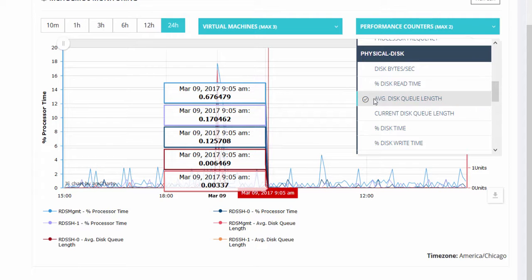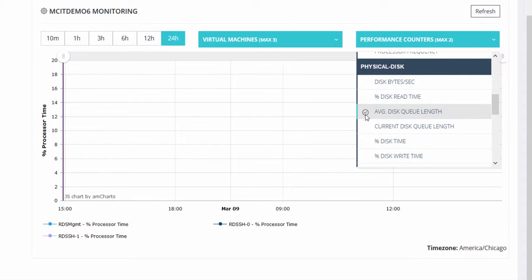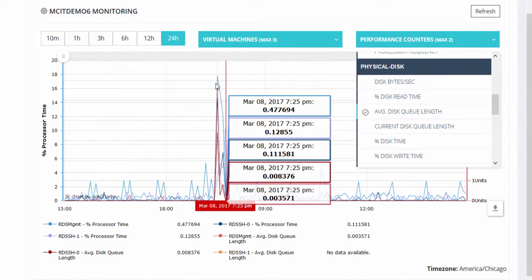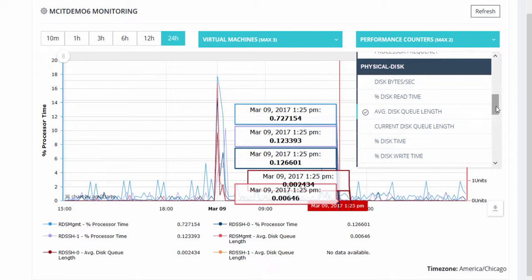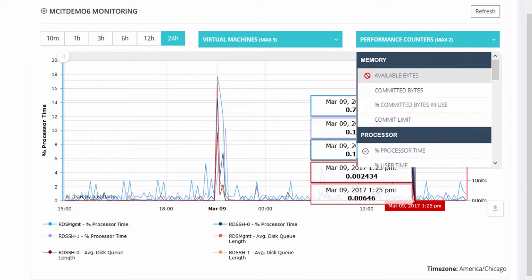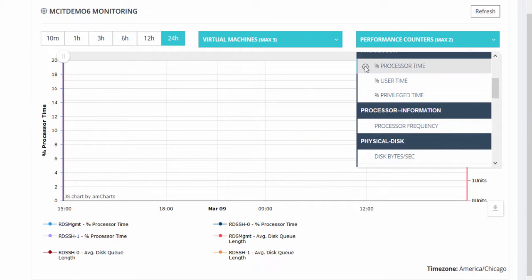of the key counters like the disk queue length or even current queue length. We could drill in there and take a look at current queue length, which of course isn't very exciting, except when it comes to the reboot. Other counters that I would encourage you to give a look to are available bytes. That tells us how much available RAM each virtual machine has. That'll help us identify whether we need to add more memory to a particular host, gateway server, or management server. Percent user time is also another indicator we can watch so that we can see if the users are